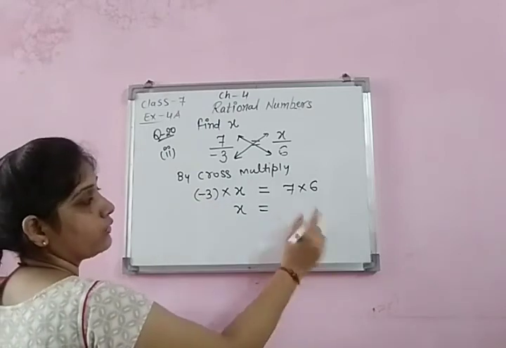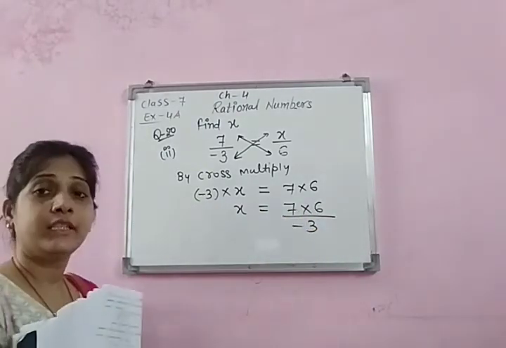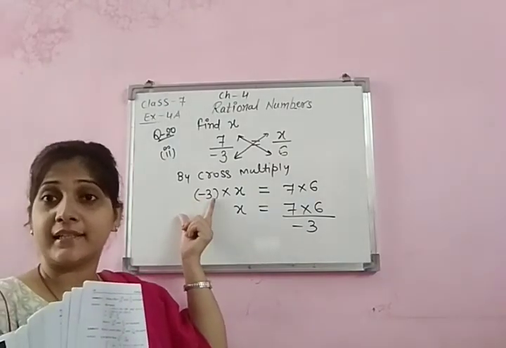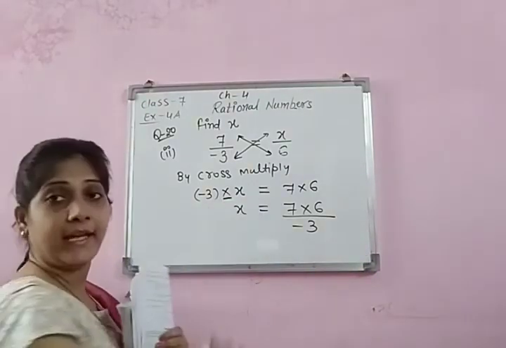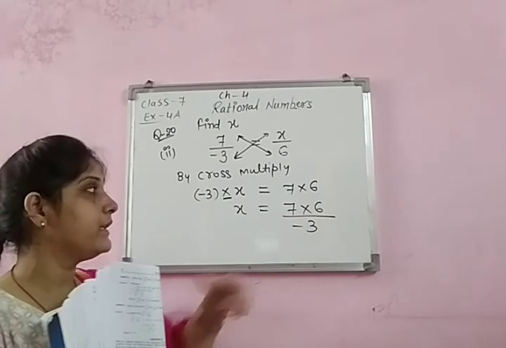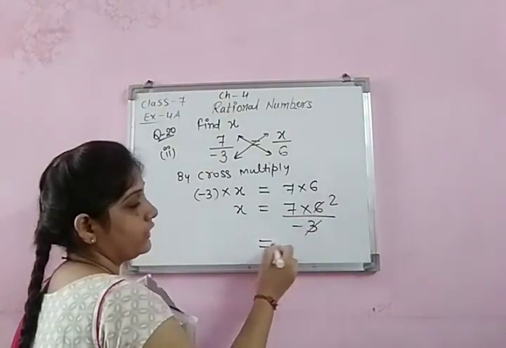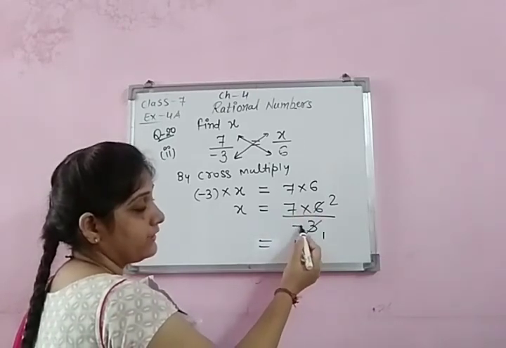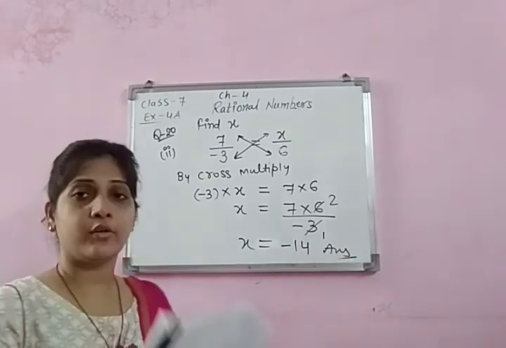So minus 3 goes in divide. Multiply will become divide. This is a complete negative number, don't think it is minus 3 to be dropped. So it will become plus. You have to see the sign in between, that is multiply, so it becomes divide. Now 3 twos are 6, so that is 1. 7 twos are 14 and the negative sign is still remaining. So negative 14. You can do it in this way also.